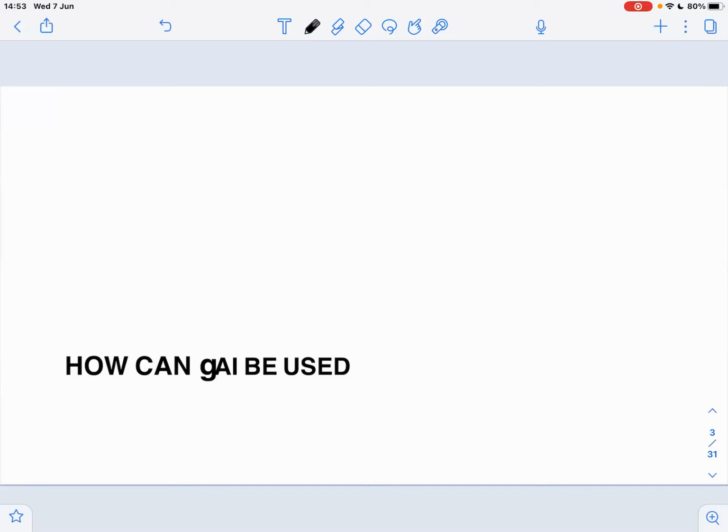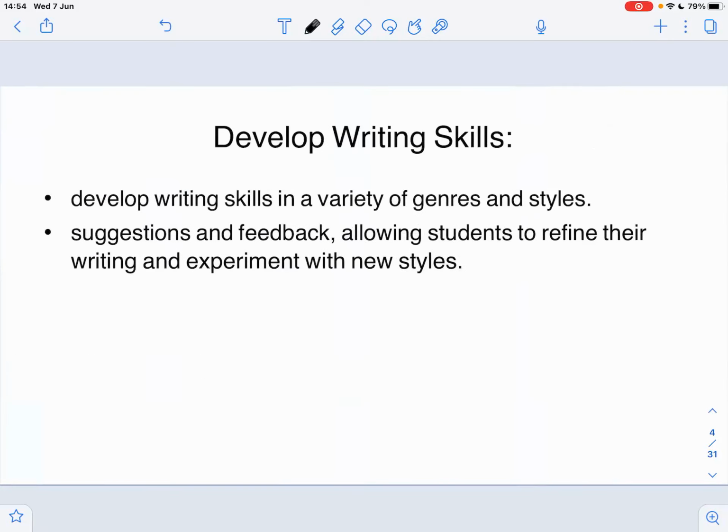Now, what I have done is I asked ChatGPT, how can generative AI be used? And I've stolen some of the suggestions that it made to me. So what you see next are a few suggestions made by ChatGPT about its own use. So, for example, it can develop writing skills. Now, I'm fully aware that in maths, you have a very formalistic way of writing, but in a way you can inspire, you can motivate, you can engage students